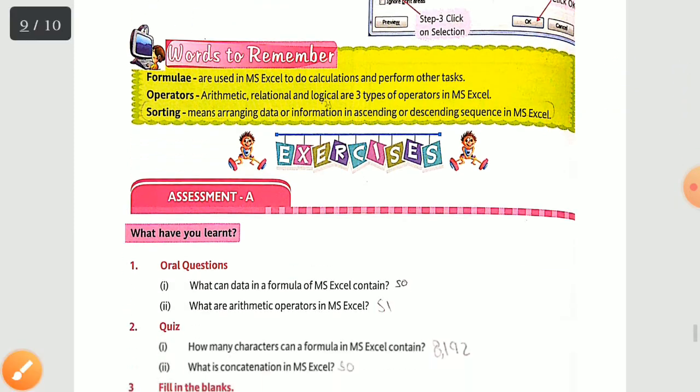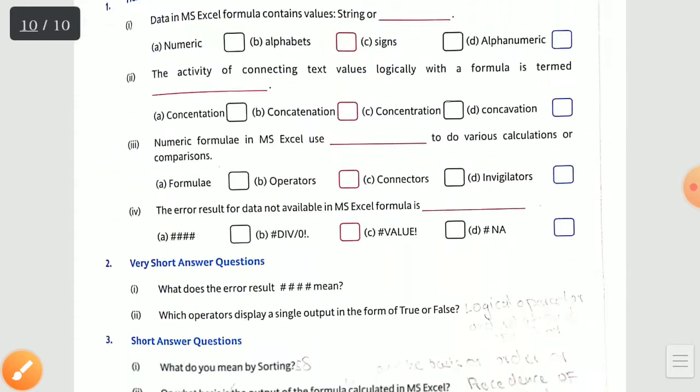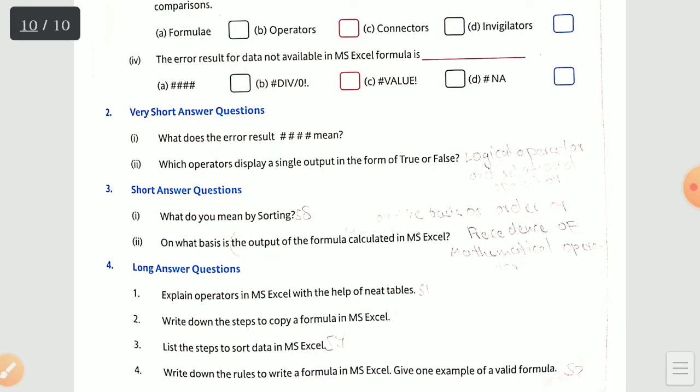Okay, now see the second one. On what basis is the output of the formula calculated in MS Excel?